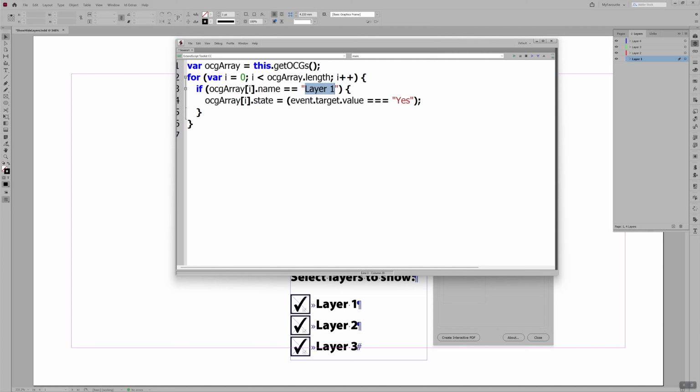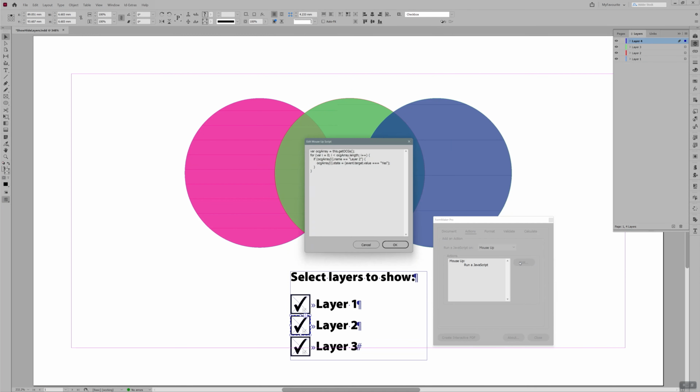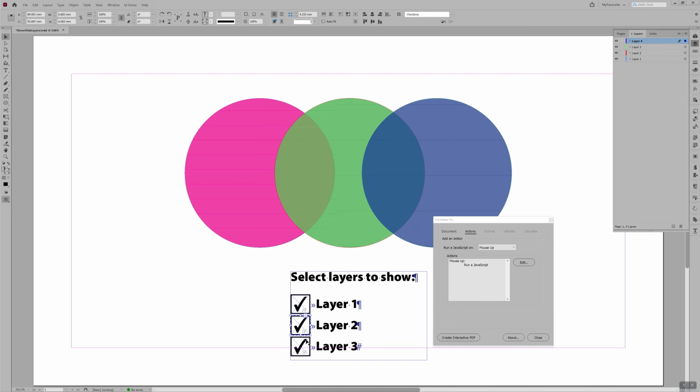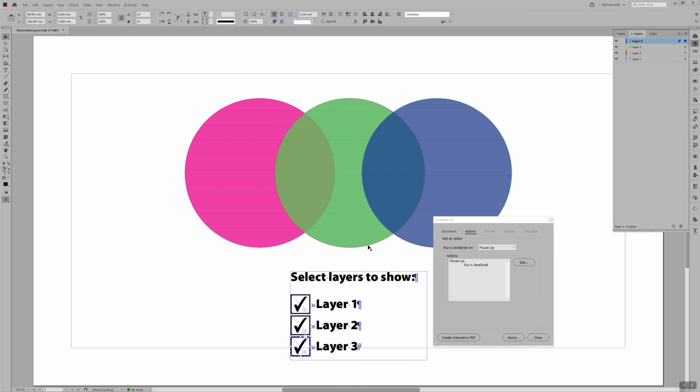So I've set this one to layer 1, and that will show and hide layer 1 when this checkbox is checked. And for layer 2, I've done the same thing. If we open it in FormMaker, you see I've changed the name to layer 2 because I wanted to control layer 2, and the same thing for layer 3. And if you've got other layers that are called something else, you can do exactly the same.